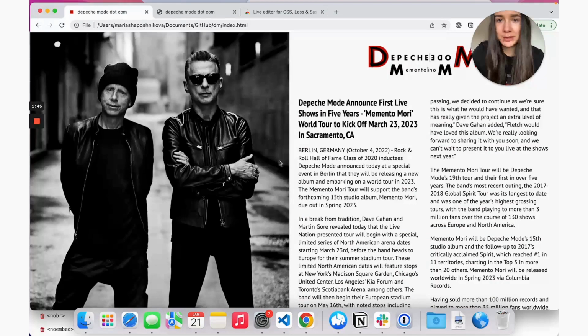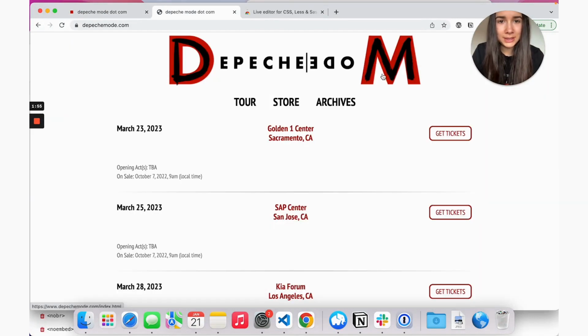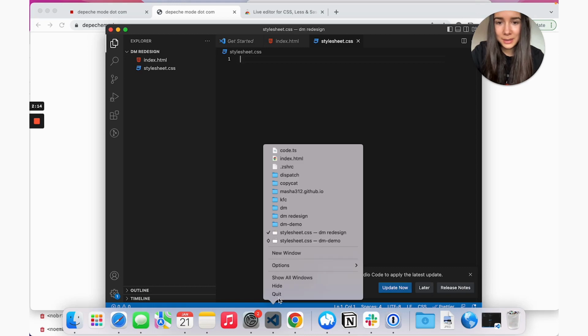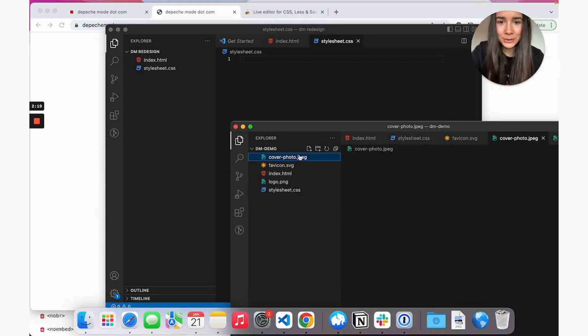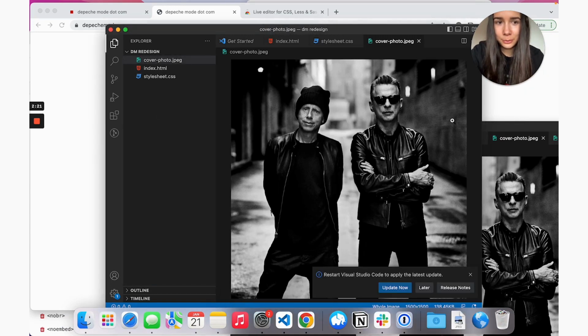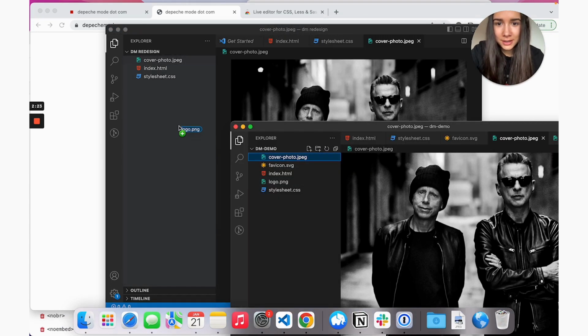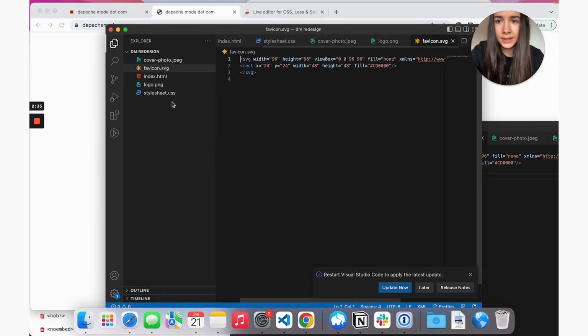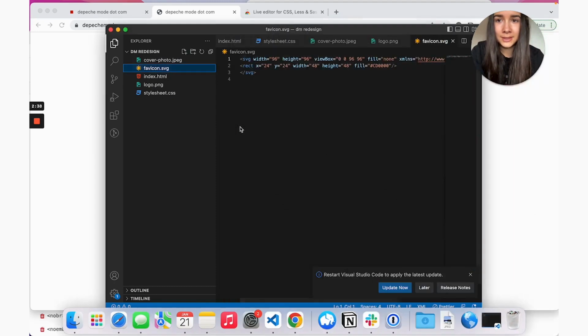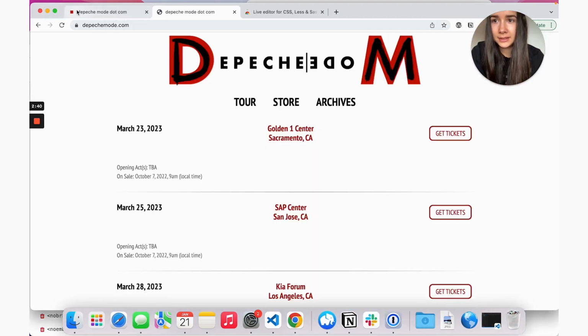Lastly, we're going to have some images here, such as this photo, this logo. I pretty much just copied this from the main website. And I'm actually going to go into one of my test folders for this tutorial, and I'm going to just move them over here. And I just have two images, the logo and this cover image. And another thing I have is a favicon, which is pretty much just going to be like a little red square. And that's this part here.